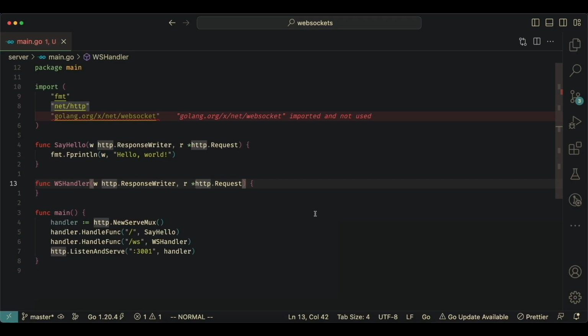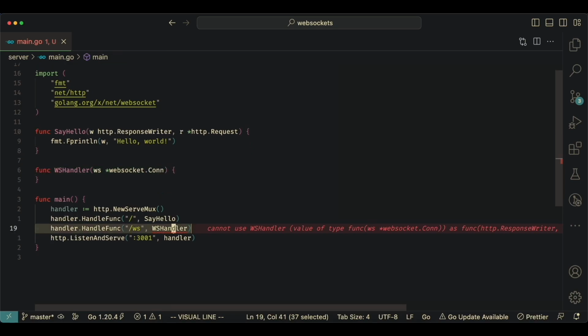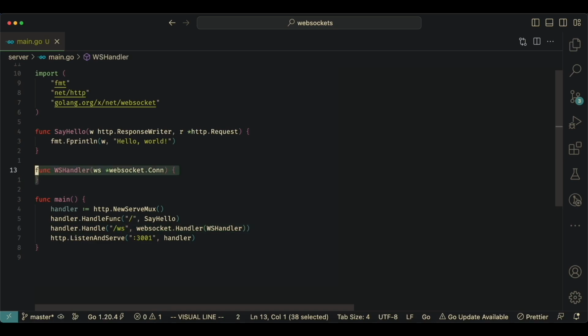And the way we must handle it in the case of a WebSocket is that we just have a WebSocket connection coming into the handler. This is the way we would handle the incoming WebSocket connections. And we provide the handler a little differently as well. So instead of a handle function, we just have a handler.handle. Now inside here, we can start implementing how we want to handle the WebSocket connections that we're getting from our